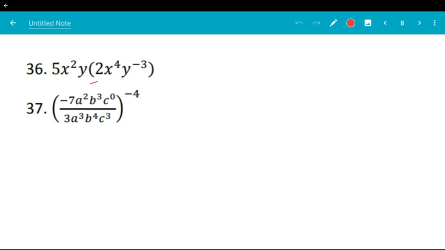So this parentheses is not really necessary. I can kind of ignore it because there's nothing happening out here. So if I just ignore it and simplify, I should get 5 times 2 is 10. X squared and x to the 4th is x to the 6th because I'm adding them. And then y and y to the negative 3rd is y to the negative 2nd because I'm adding them. And for right now, you can leave that